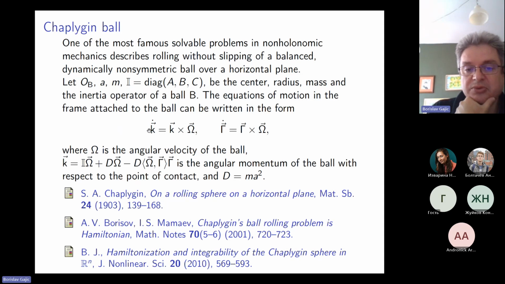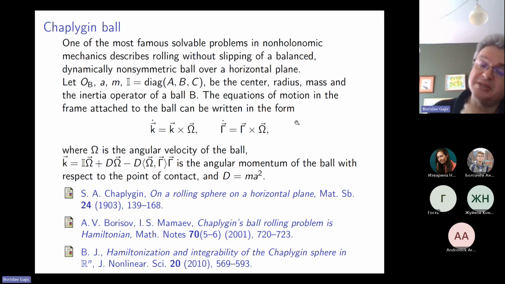Just to recall, the Chaplygin ball is a ball that is non-symmetric but balanced, so it has no influence of the gravitational force. It moves like without gravity, but it is not homogeneous. So it's a very strange rolling over the plane. These equations are given for the case of the plane, where gamma is the unit vector normal to the plane, K is the angular momentum of the ball with respect to the point of contact, and